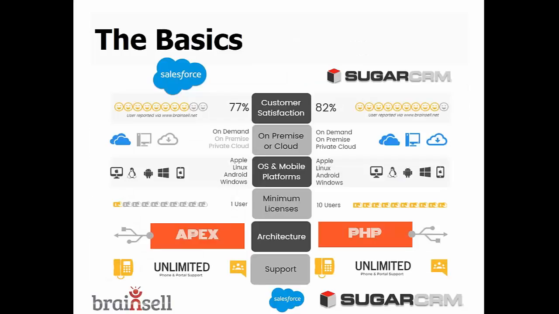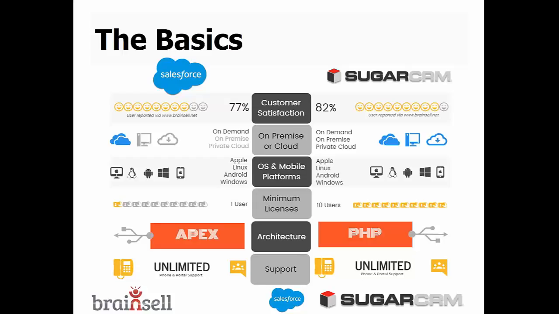Garrett, tell us about this slide, the basics. It's a fantastic slide, too, once you digest it. There's a lot going on here, but if you break it down, we've got Salesforce columned up on the left, we've got Sugar columned up on the right, and we just have certain different aspects of the solutions that you want to know about first and foremost. You don't want to go down the road of focusing on a solution, for example, if you really want it on-premise. And if you look here, you've got on-premise availability with Sugar, but not with Salesforce. So why even look at Salesforce if we don't want to do that?